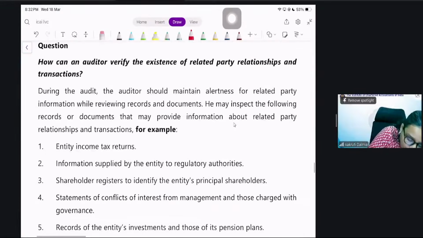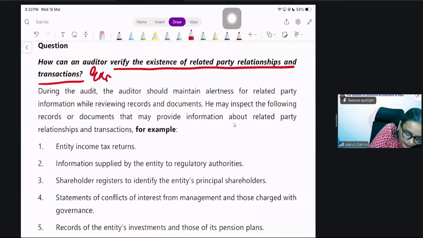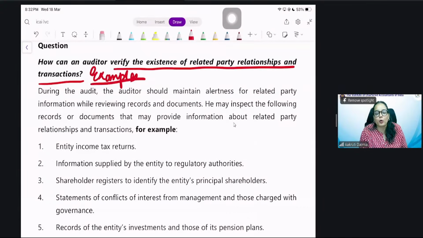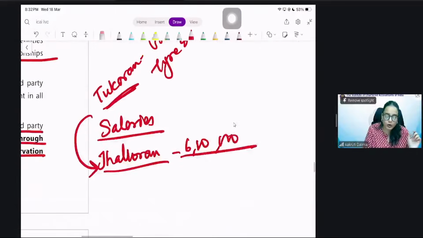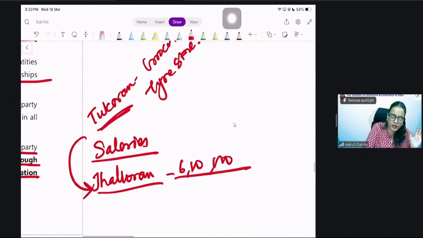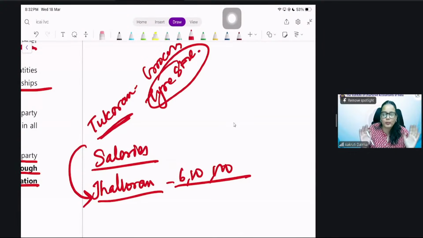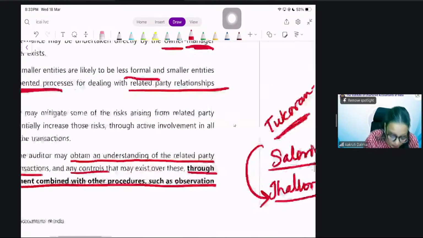How can an auditor verify existence of related parties and transactions? These are examples. From what all can you come to know? So suppose we are doing an audit for Tukaram. Tukaram is running a decent tire store business. It's in partnership. It's not a very formal big company. Okay. So if I want to know about related parties of Tukaram and Associates or Tukaram and Sons, what can